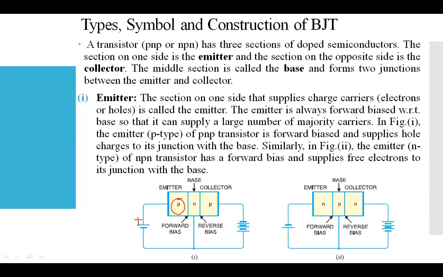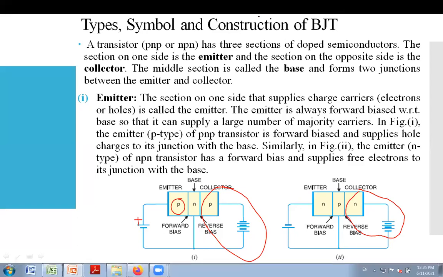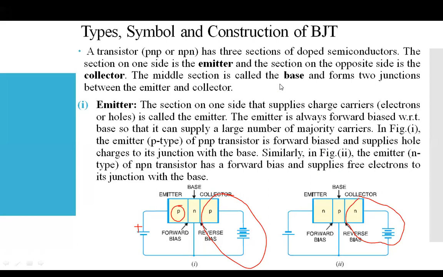Are you getting it? The same applies if you consider the other condition, the collector case. As per the connection, it is in the reverse bias condition right now. For reverse bias, you connect the positive terminal to the N type material. This is just the example given here, and we will see how the structure and the difference between the emitter and the base work in your next session.